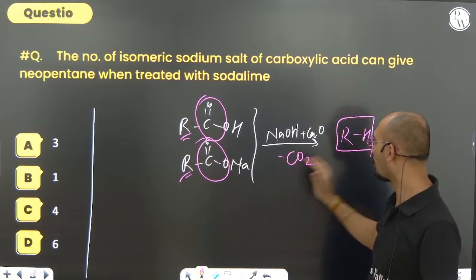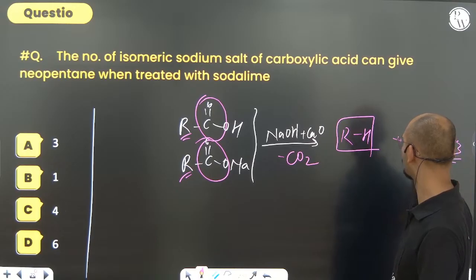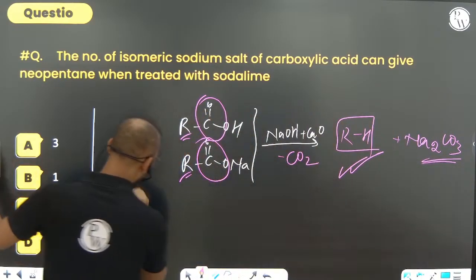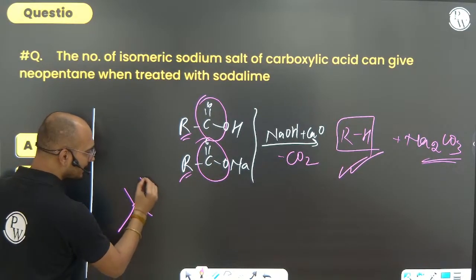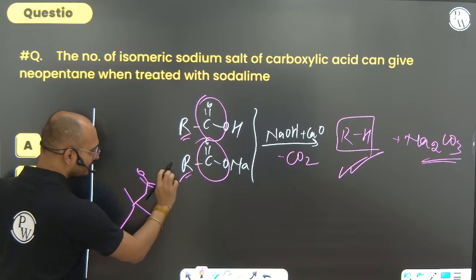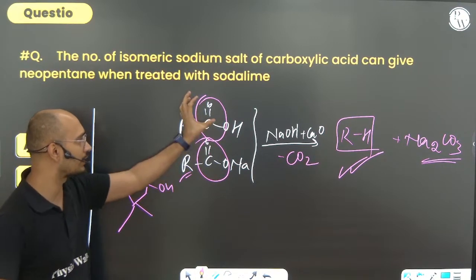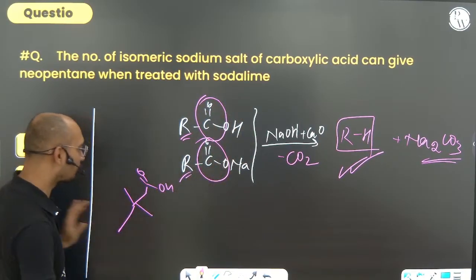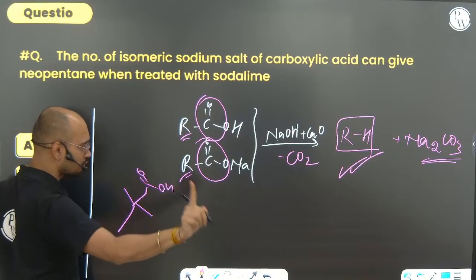समझ रहे हो? So what else साथ में बनता है? Na2CO3. दो उसको छोड़ो. तुम्हें इससे मतलब है कि क्या बनता है? एल्केन. So what you have to form? You have to form this. So how do you get this? By making extra carbon dioxide, C double bond OOH. So एक acid ऐसा बनाओ जिसमें एक extra carbon. Can you see after carboxylation 1 carbon is decreasing. So for neopentane, how many of the COOH should be there? 1 extra COOH should be added.